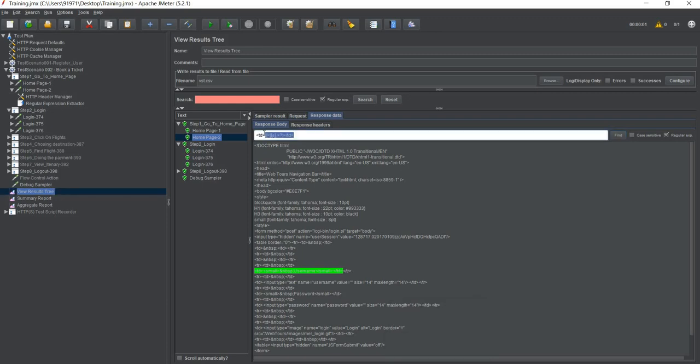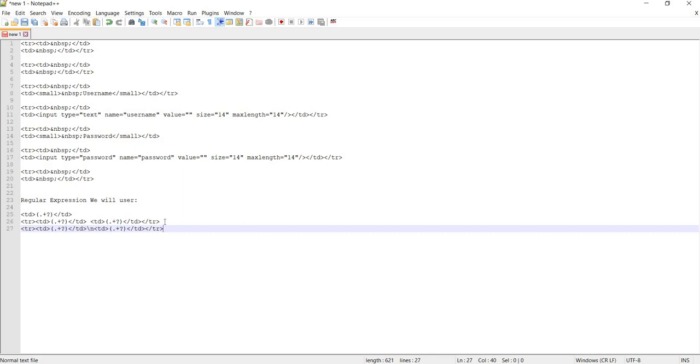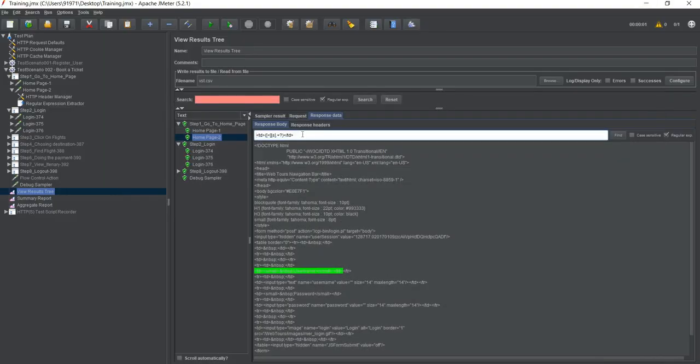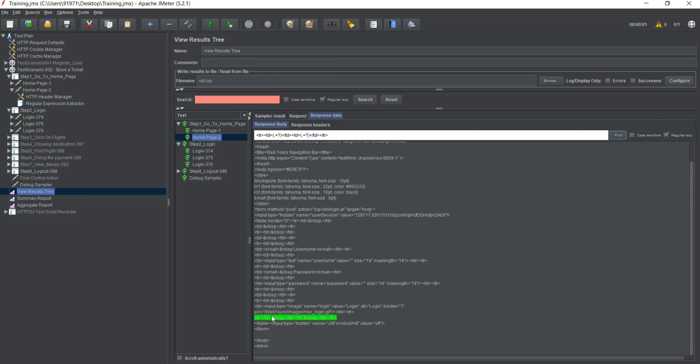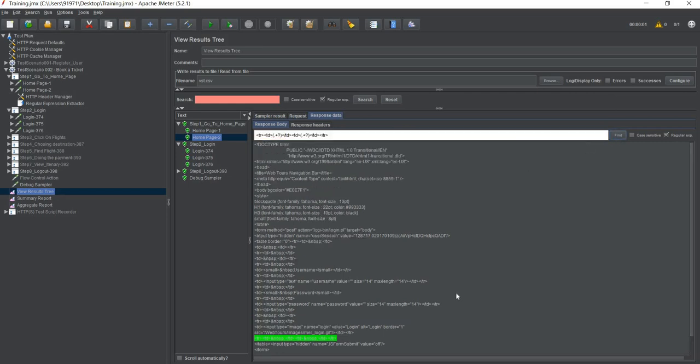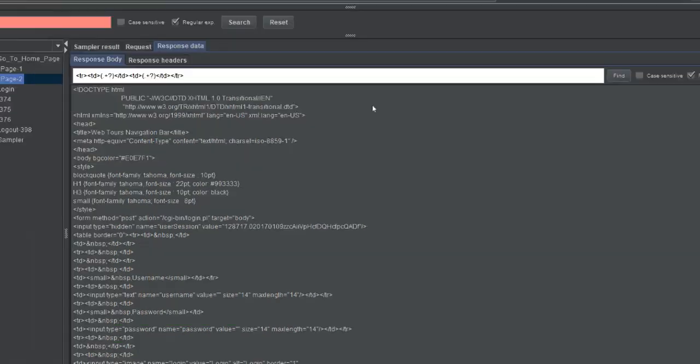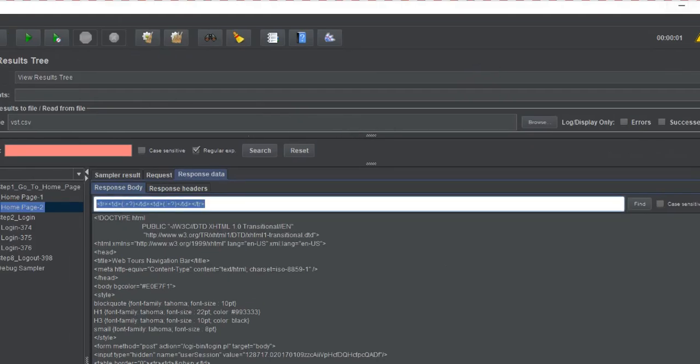Now what I will do is I will change this entire value from this to this. I have written it down already. I am just copying it and pasting it over here. We will discuss the meaning of all these things, and I will just click on find. So it is not finding because we have a space over here. I will just remove the space and say find. So you see over here this is the only value. I will just say find again. So this is the only value which is available over here, and it is TR TD. It is not visible because it has a green color over here, but it is this TR TD. In between we have some value, then this.